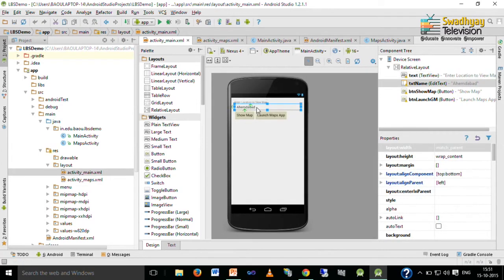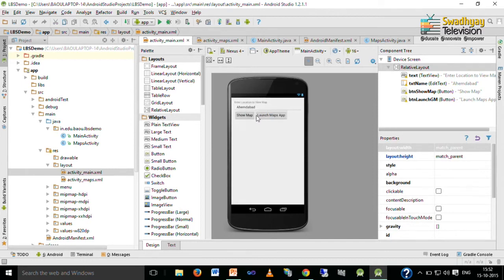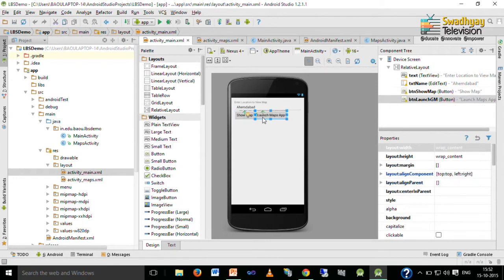Here we have to enter our location, and when the user presses the Show Map button, we will launch our MapsActivity and pass the longitude and latitude of this location to our MapsActivity. When the user presses Launch Maps Application, we will start the inbuilt Maps application installed on your phone. You can download that application from Google Play Store. In this interface there are two buttons, the first launches our MapsActivity and the other launches the inbuilt application.